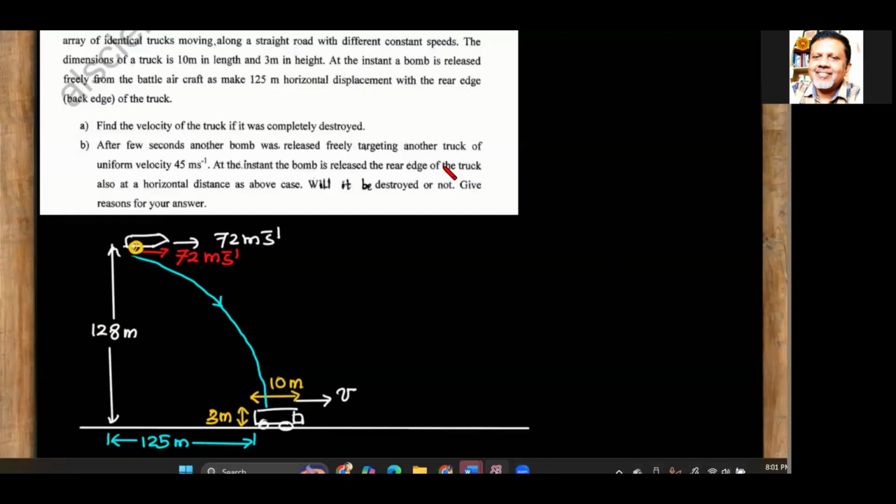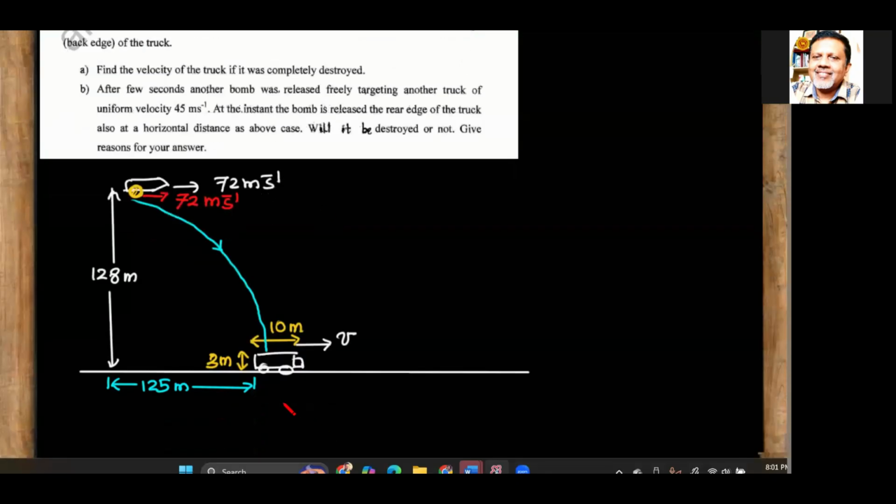condition to satisfy. But if you consider another 5 meters, I think it is okay with the 125 plus 5 meters, right? Assume that the required horizontal range should be 130 meters to the middle of the truck. If the bomb falls just at the middle of the truck, we have to have 125 plus 5 meters. Right? Let capital R be 125 plus 5 meters